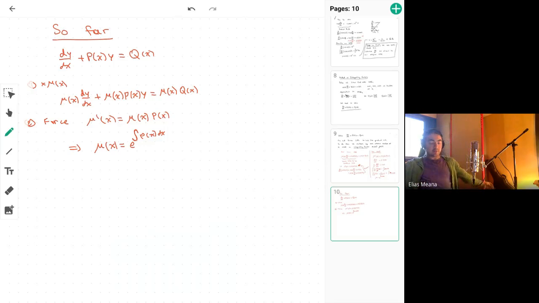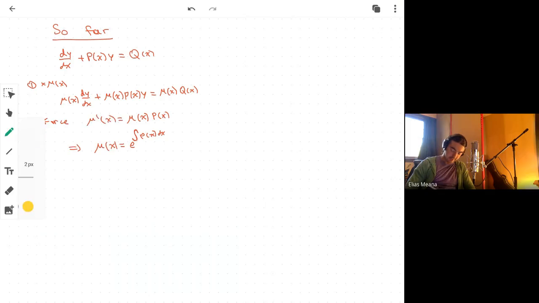All right. So we said that if we force this constraint, we end up with this integrating factor mu of x, which is e to the power of the integral of p of x, right? So let's see really quickly what happens. I'll do a side note in blue. Observe